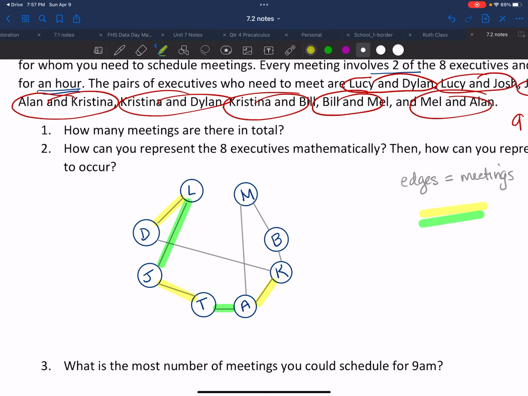And here's where I have to be careful. Dylan and Christina can meet in a green meeting because Dylan's already using Lucy's meeting at yellow, but he has time during the green meeting to meet with Christina. Now Christina's in 2 meetings already and she needs a third. So because there's already 2 different colors connected to her vertex, we're going to have to go with a third color. Okay, so you're not going to have any 2 of the same edges going into the same